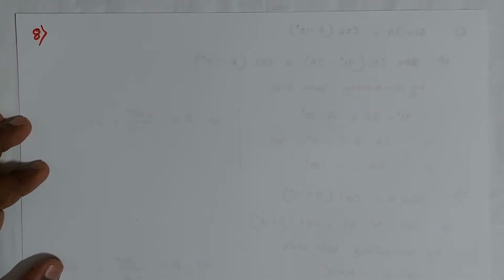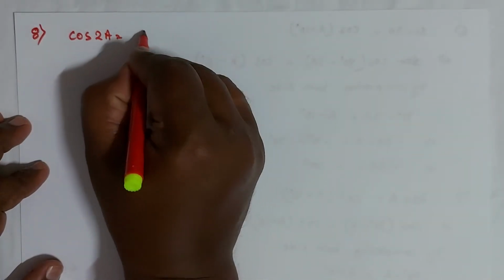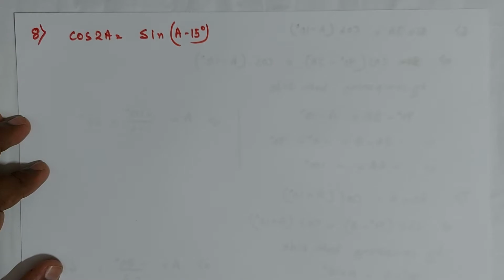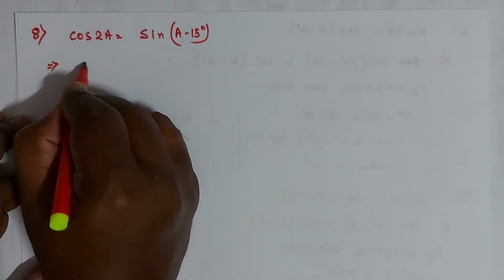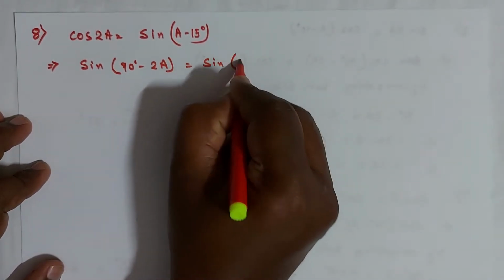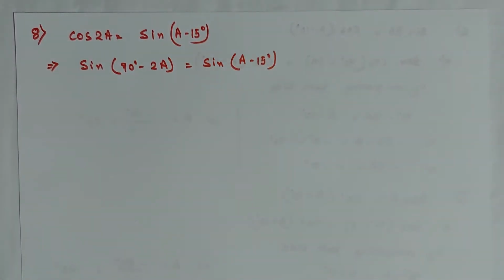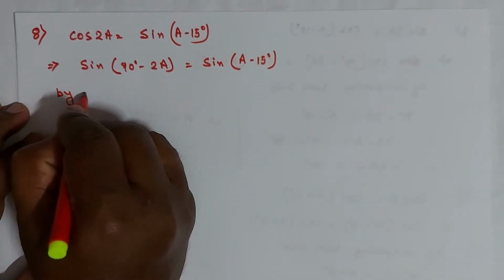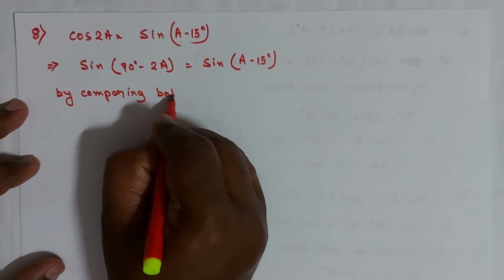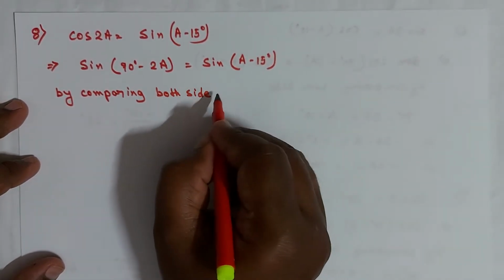Next, question number 8. Cos 2A equals sin(A minus 15 degrees). 2A is an acute angle, find the value of angle A. So cos 2A is sin of (90 degrees minus 2A), which is equal to sin of (A minus 15 degrees). Then by comparing both sides,